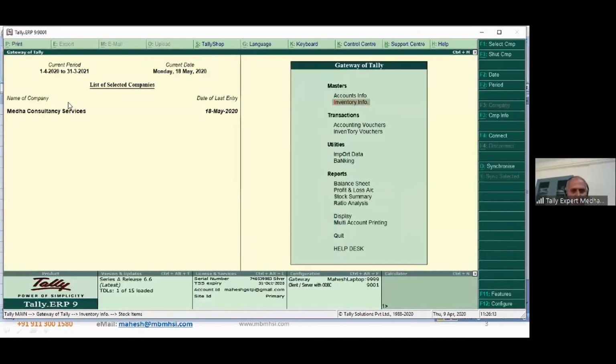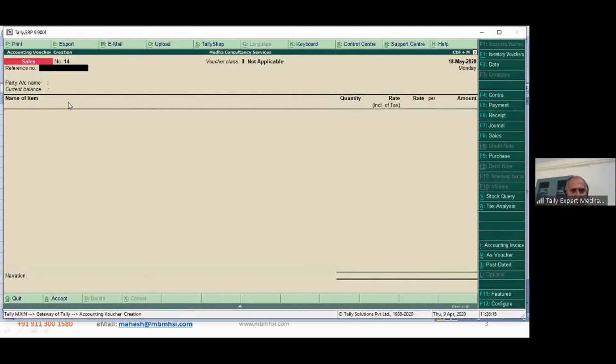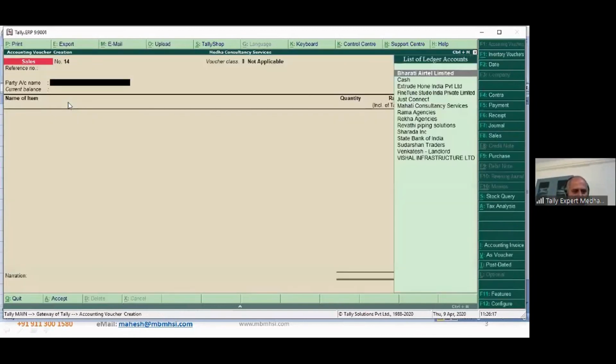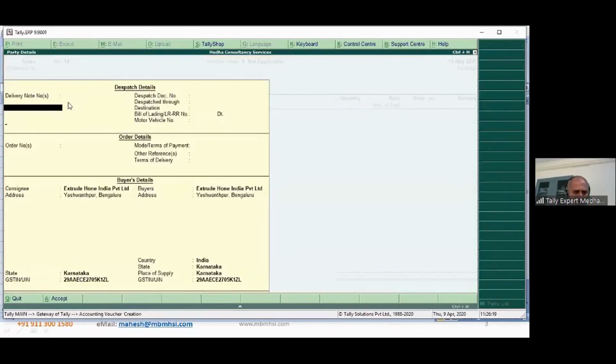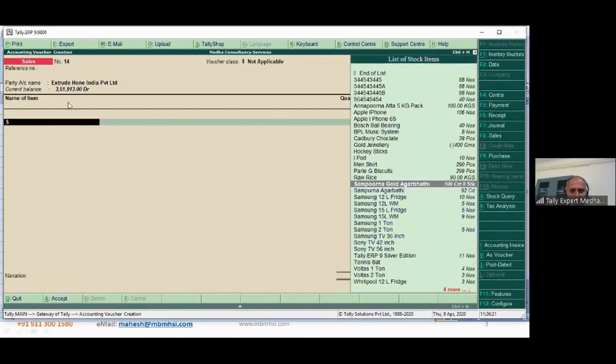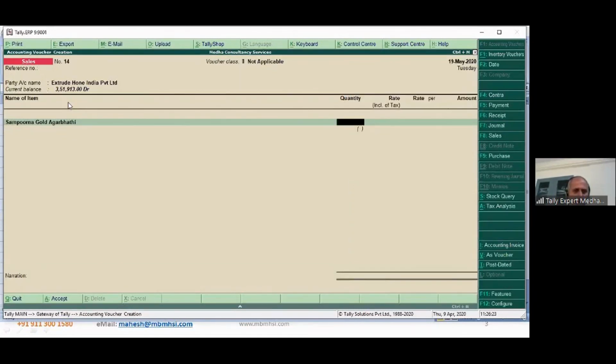Okay, now I'm going and making a sale entry to Extrude Hone, Sampurna Gold Agarbatti. How many cartons? So like example, I'm selling 3 cartons. Okay, I'll just show you different things. So it is by default taking 30 bags.